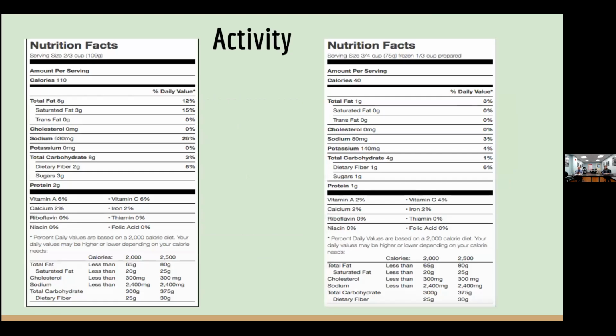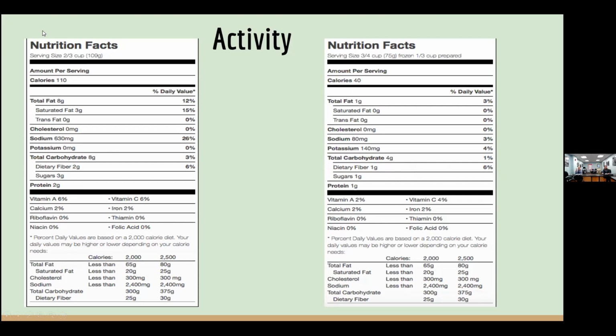Now, here's a little activity for you. We discussed the food labels. Take a look at the one on the left, look at the one on the right. Now you start at the top. First thing you notice is the serving size, 3/4 of a cup, okay? And on the left side, the serving is a little bit smaller. I believe it is 2/3 of a cup. So the one on the right has a little bit more of a serving size than the one on the